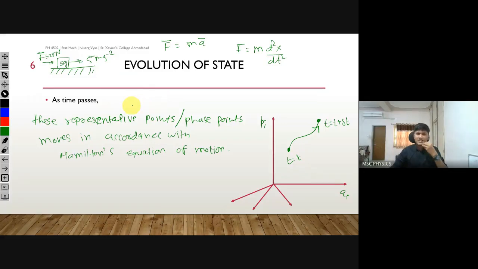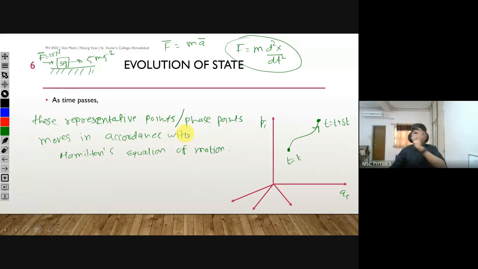Joseph Louis Lagrange and Hamilton decided to make their own system where we don't have to deal with vectors, only with the energy of the particles, and to make equations of motion for those systems. Hamilton made such a system, and Lagrange also did that. You will be studying those parts in classical mechanics for physics students.